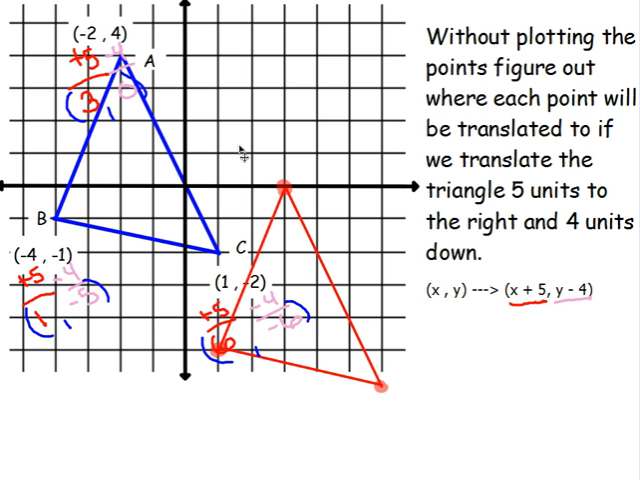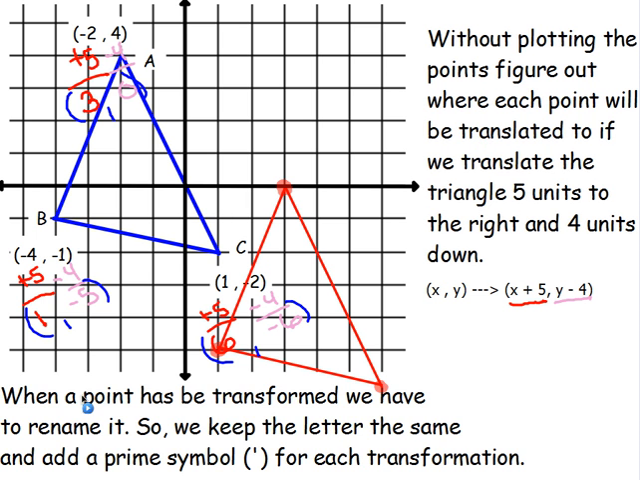Now, we can't just name them A again and B again and C again, because that would get confusing, because then I would have 2 points for A, 2 points for B, 2 points for C. So, special rule here: when a point has been transformed, we have to rename it. We keep the letters the same and add a prime symbol. A prime symbol is just an apostrophe for each transformation. Since I just moved this one time, I'm just going to put 1 prime symbol. If I was to move it twice, I'd put 2 primes, which would be double prime. 3 primes would be triple prime. So since this was A, we're now going to rename it A prime. Since this was B, we're now going to rename it B prime. Since this was C, we're going to rename it